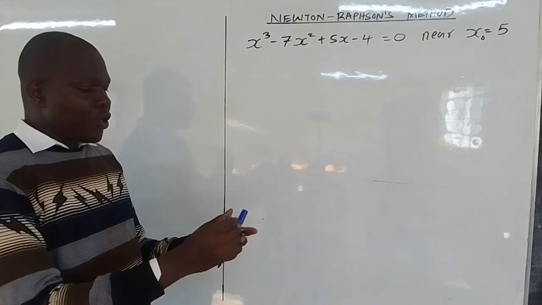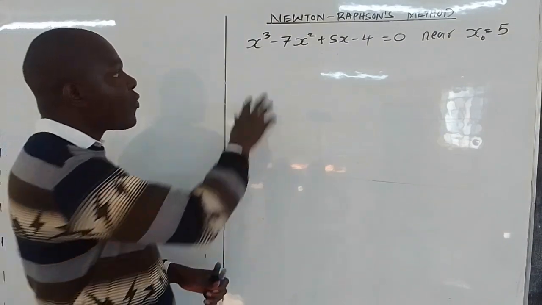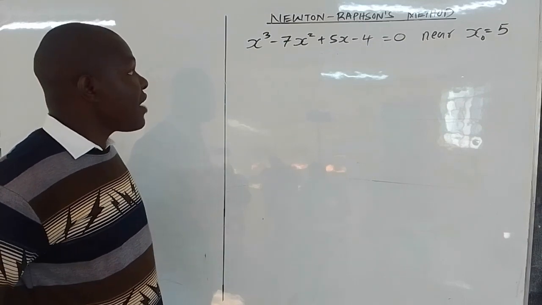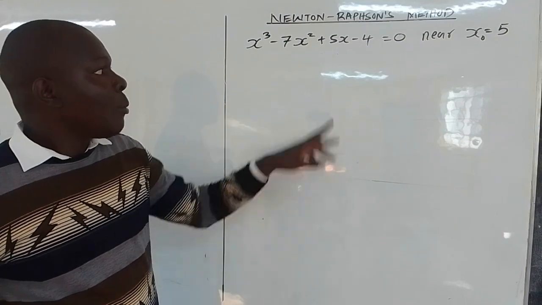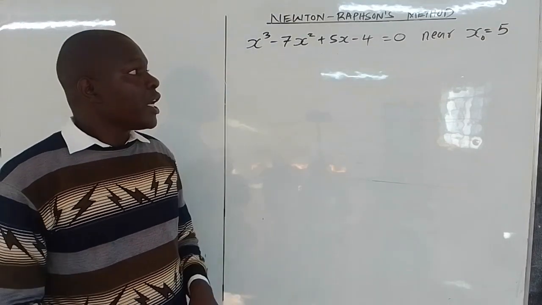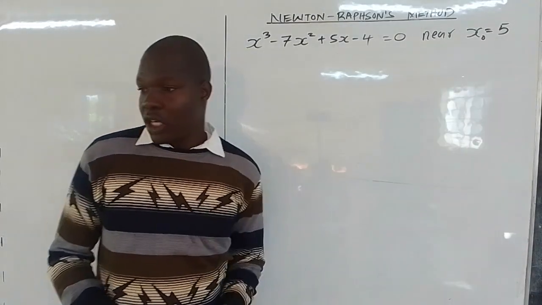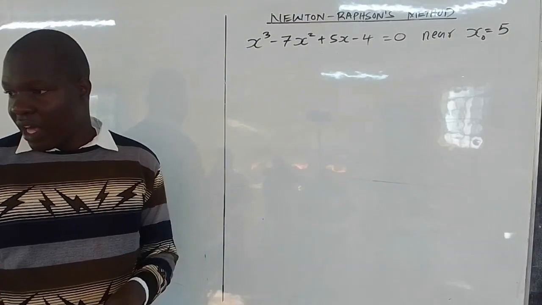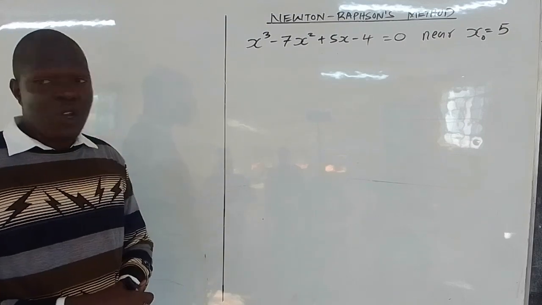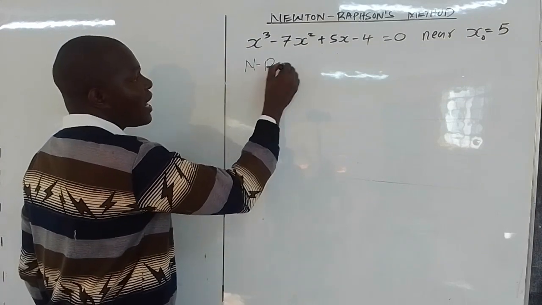Use Newton-Raphson's method to solve the equation x cubed minus 7x squared plus 5x minus 4 is equals to 0 near x naught is equals to 5. Are we together? So, for you to use Newton-Raphson's method to solve this problem, the first thing is to write the formula for the NR,